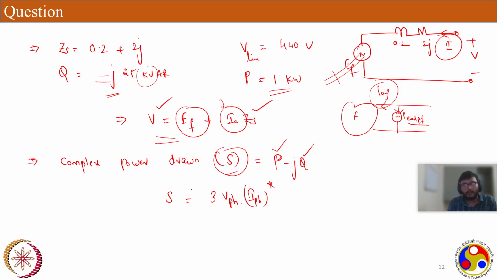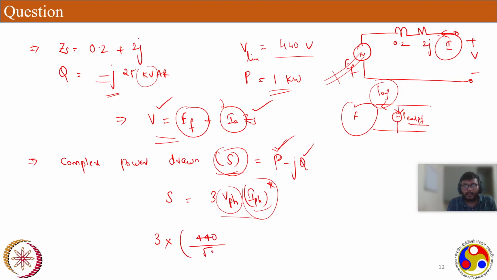Those are the per phase quantities. Now, V phase we already know because we are given the line voltage. From that we can get the phase voltage, and we substitute 3 V phase I phase here, and we already know P and Q. From that we can get, right? 3 multiplied by V phase would be